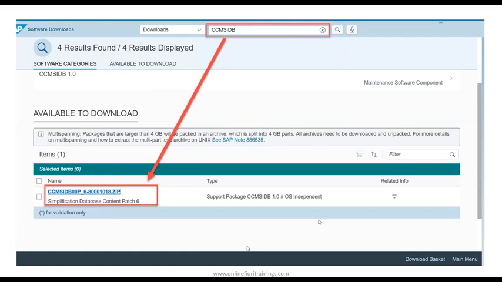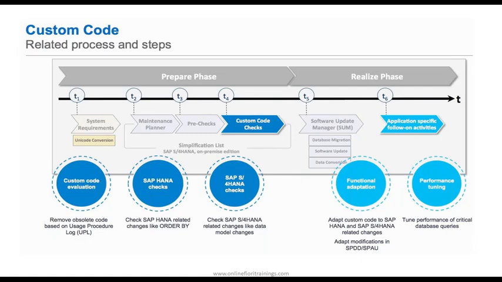The very first thing you've got to do is go to the basis person, or you go yourself to the SYCM transaction and see if the simplification database is available. This is the very first thing you've got to do. If it is there, very good, the prerequisite is met. The procedure, the flow of converting your custom code to S4HANA is this one, guys. This is the standard workflow, or standard process, which we all follow as best practice of an S4HANA migration for a brownfield project.